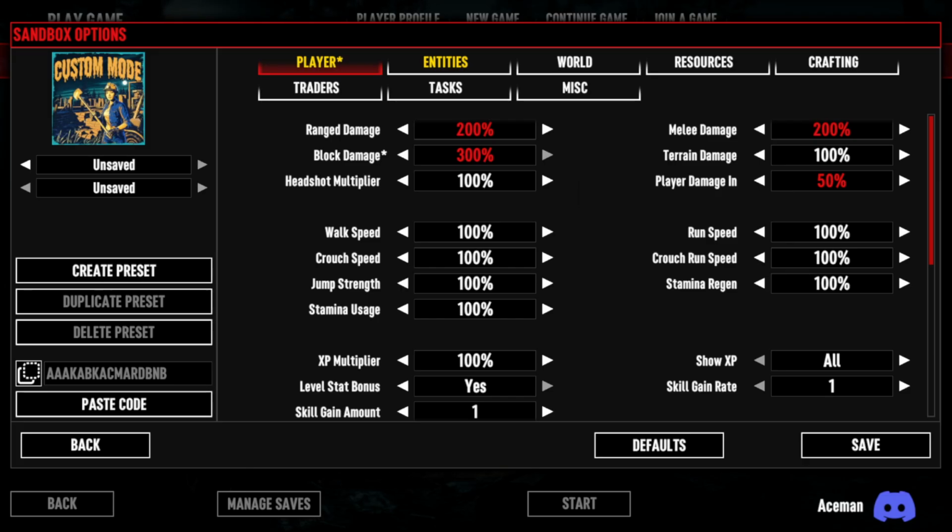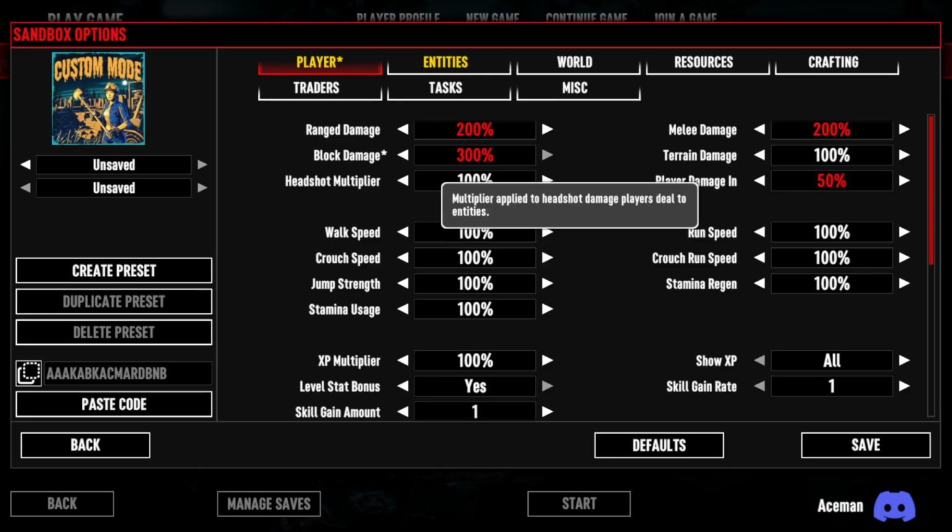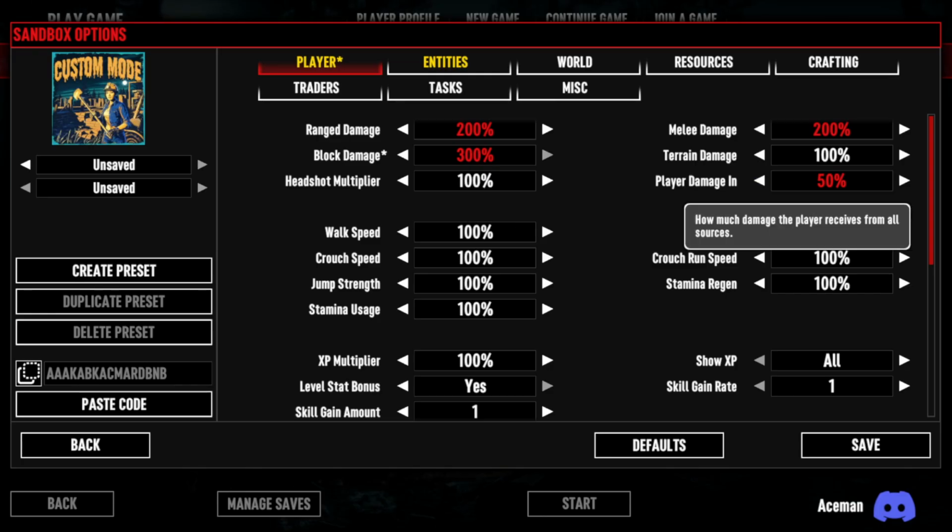Okay. Headshots is the amount of damage you do if you want to do more damage for headshots. And this would be for PvP, right? No, sorry. This is the amount of damage you receive from enemies, falling, any storm damage, all the damage,